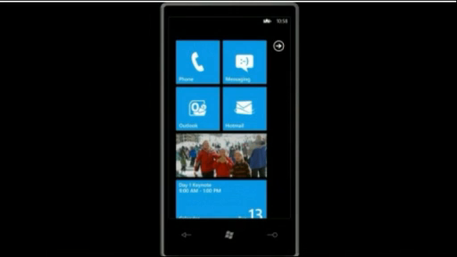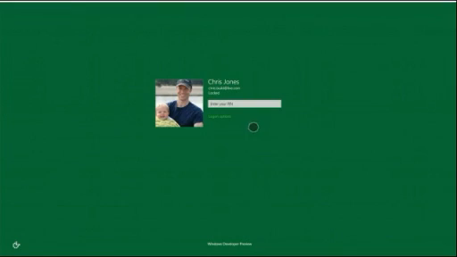And what happens is my Camera Roll's same API is connected to SkyDrive. So it's just uploading photos as I take them to SkyDrive. Now I'll switch to this great desktop PC, and you'll see what happens for me to go and take that same experience, log in, and be roamed. So here I am on the desktop PC. I can swipe